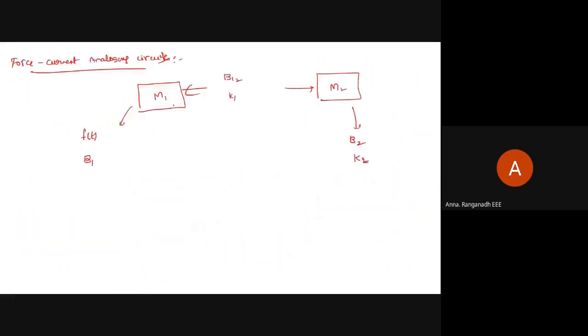In the force voltage analogous circuits, two masses meant two loops were taken. But here we need to take node 1, and here node 2. These masses are also called nodes, and in the electrical terminals also we can call them nodes. If you get confused by the word node, you can consider branch point 1, or otherwise write junction point 1. Better you take junction point 1 because you may get confused. So here junction point 2.